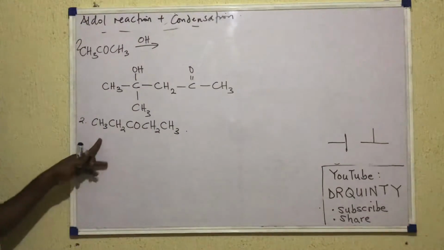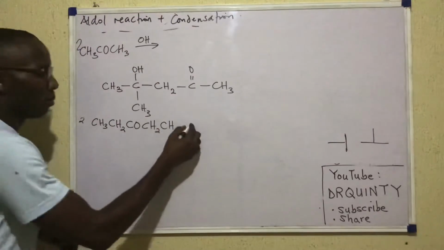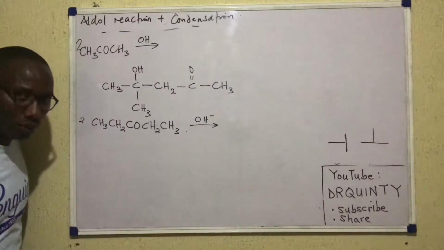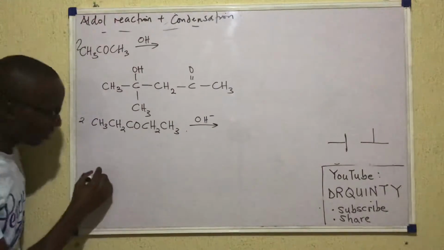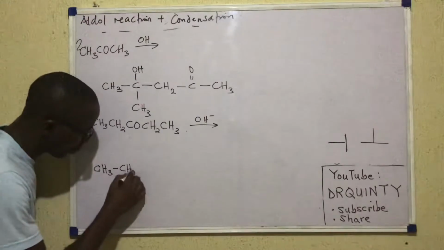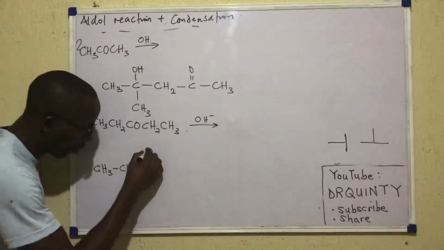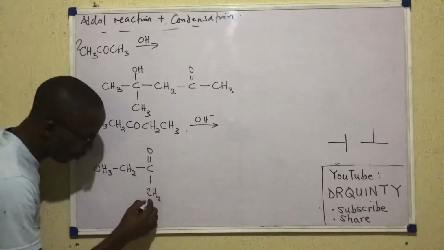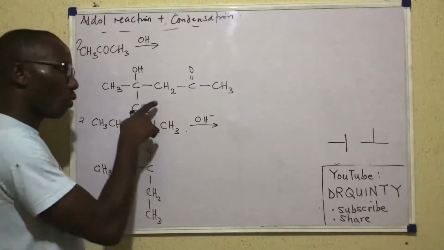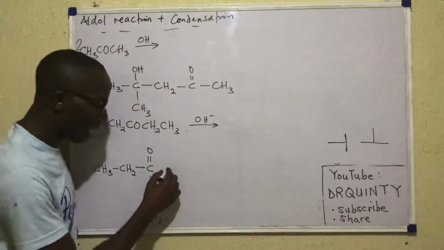If I had 2 moles of this, being treated with base, how would I draw my aldol? Still by the same principles, I'll write CH3, CH2, CO, CH2, CH3. Then for the second one, very importantly, take note, I'm going to write